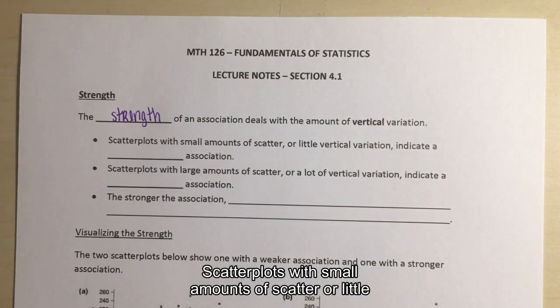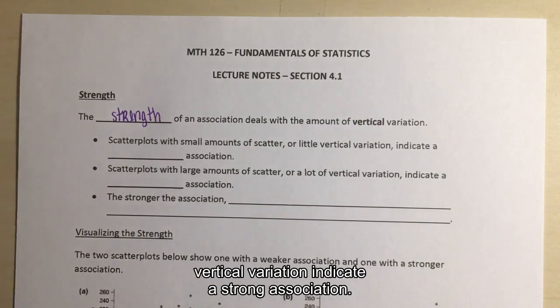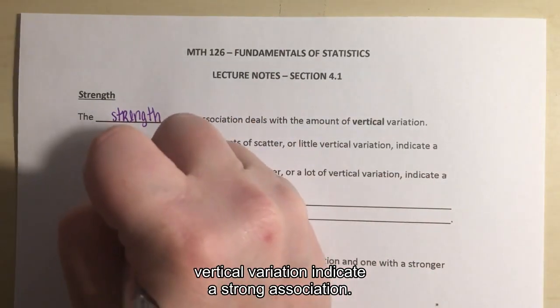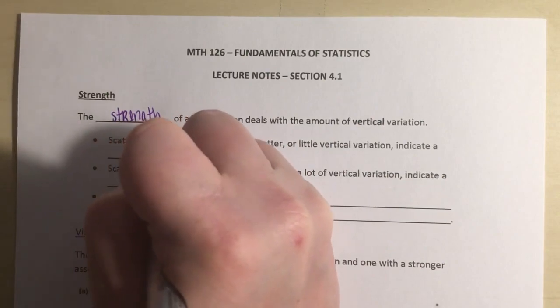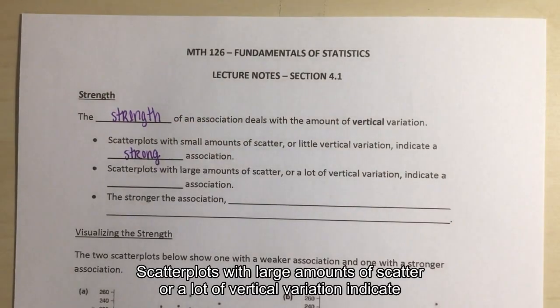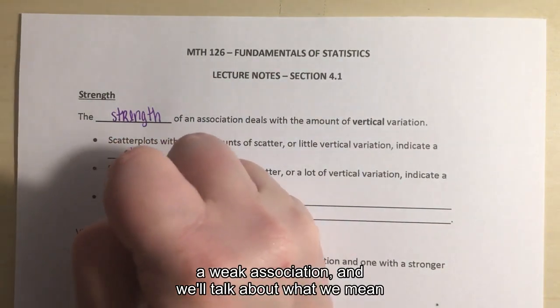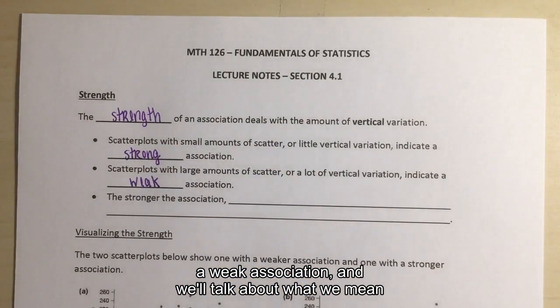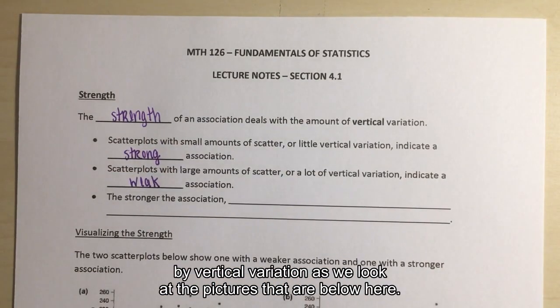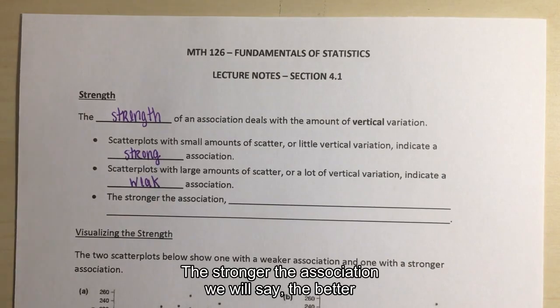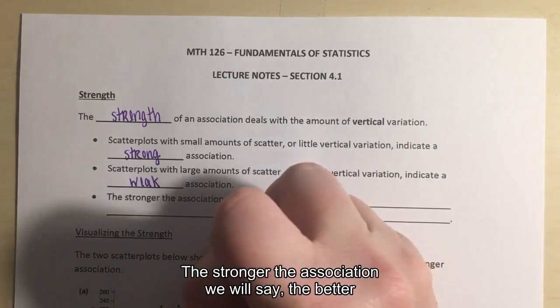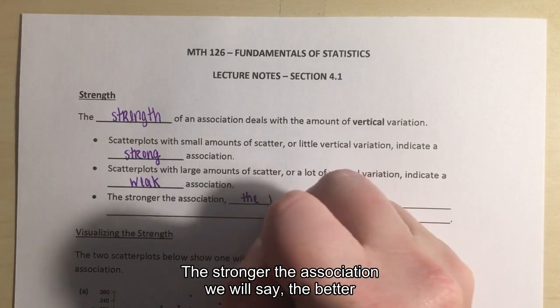So scatter plots with small amounts of scatter or little vertical variation indicate a strong association. Scatter plots with large amounts of scatter or a lot of vertical variation indicate a weak association. And we'll talk about what we mean by vertical variation as we look at the pictures that are below here. The stronger the association, we will say the better